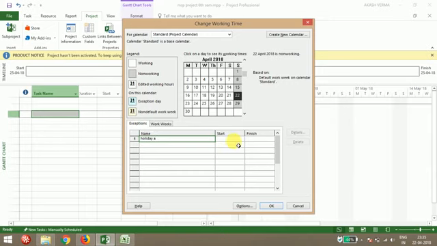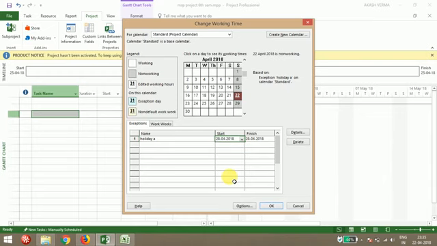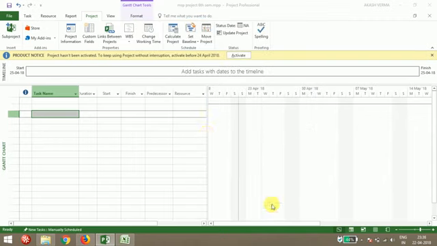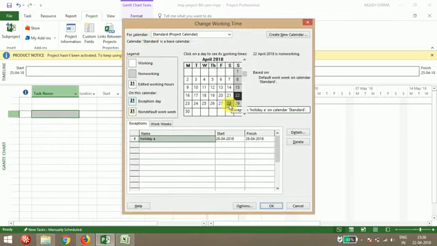Suppose for that holiday A, I've started my project on 25th, and 29th of April is already Sunday, so suppose I'm giving 28th of April as a non-working day. So just click on these things and go again, and you can see here 28th I've given as holiday A. You can give any specific name in this name field, like any holiday's name.